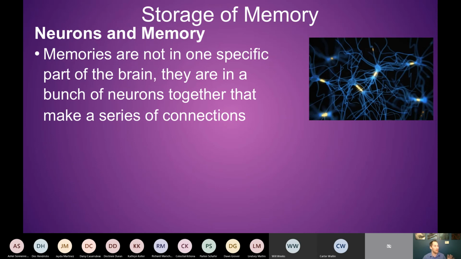So memories, again, are not in one specific part of the brain. There are specific parts that help activate these neural networks, especially when you're asleep, to strengthen them and make sure those connections are made and strong, and the neurochemicals are being released so that memories are formed. But it's not just that your memory is in these 5 neurons over here versus these other 5 neurons being another memory. Probably all 10 of those neurons are part of another 1,000 neurons that are part of a couple hundred memories even.